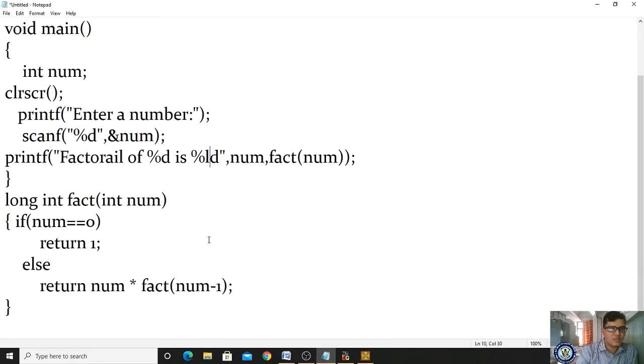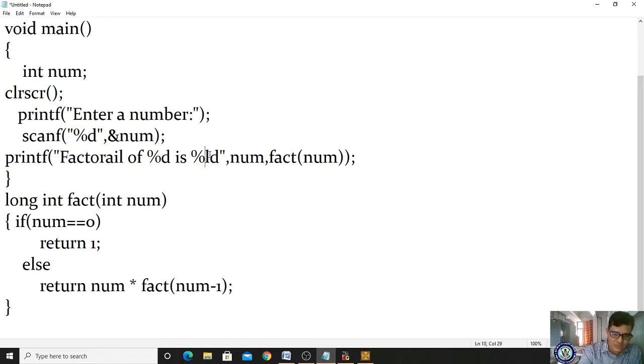Let us see here. I'm taking num as 5, and fact of num. While displaying only, you are calling that function. What is the name of the function here? fact of 5, you are passing 5. Here ld has been taken, so its prototype is long.